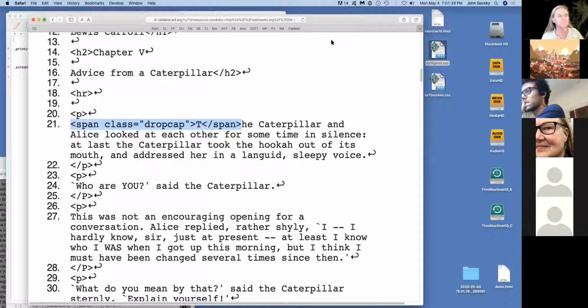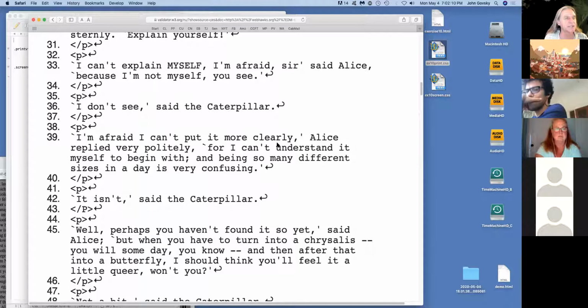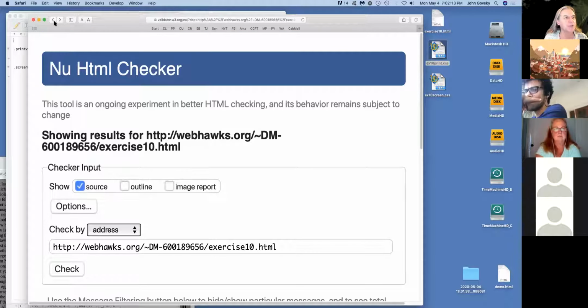Rebecca, do you see that? That's probably the easiest way to do it. He put a class on the span and put the span around the T. That's actually simpler than what I was just talking about before. Basically you do that around whatever letter you want to be a drop cap. Then in your drop cap style, you set the size of the font to be larger. You might make it a different font. I'm sure Gabe did a couple of these things in his CSS, so let's take a look at this drop cap class and see what he did.